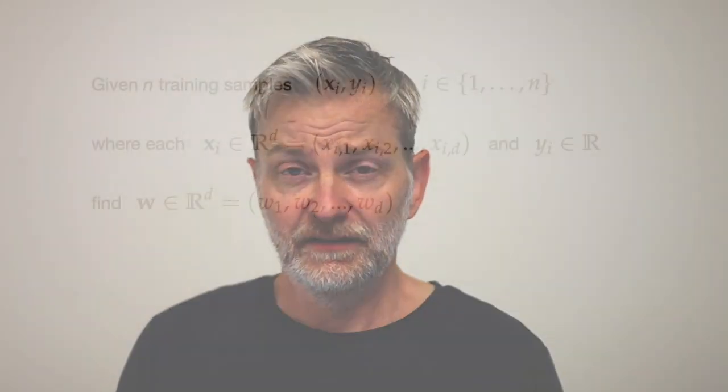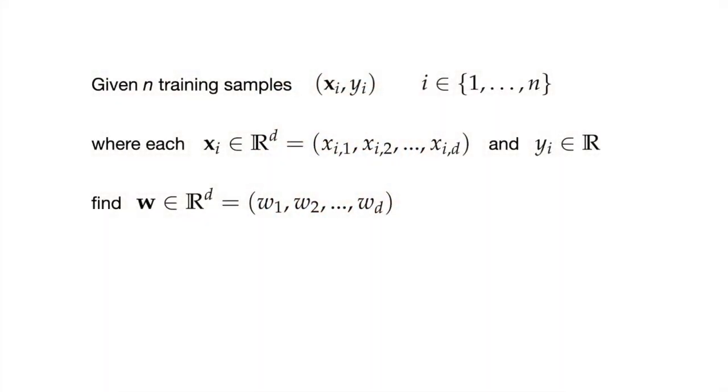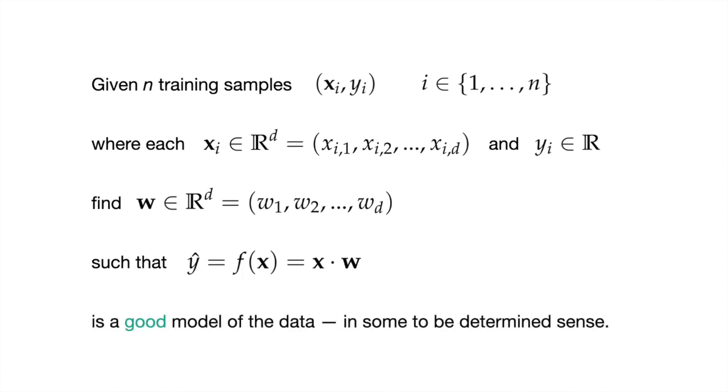Given this training set, what we would like to find is a vector w, which is also a d-dimensional vector, such that when you take the dot product of that vector with the input values for any training sample x, then the result of the dot product, which we will call y hat, where the hat just represents that it's an estimate, is in some way, on average, a good model of